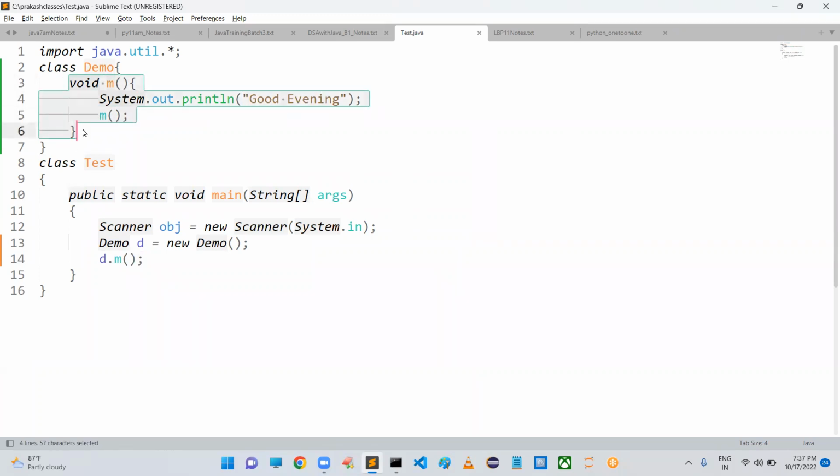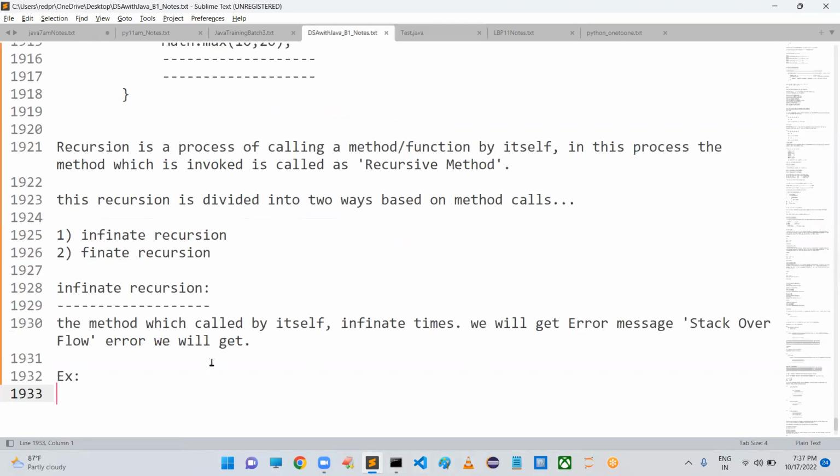This is called infinite recursion. Sir, what is meant by infinite recursion? We can't give a guarantee of when it is going to stop. Such a type of recursion is called infinite recursion. And I told you very clearly, when you use infinite recursion, we will get a stack overflow